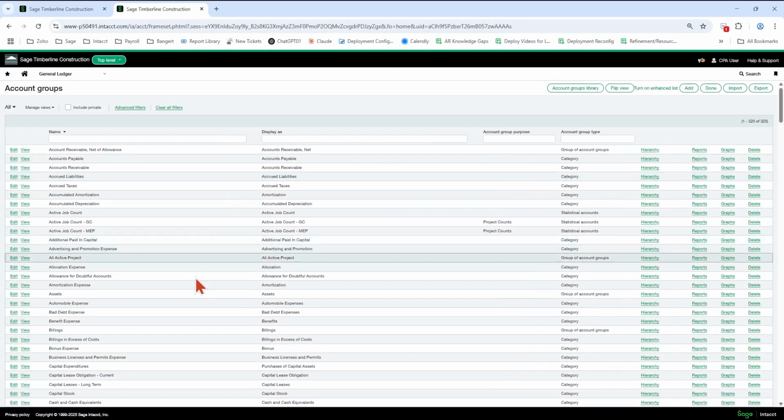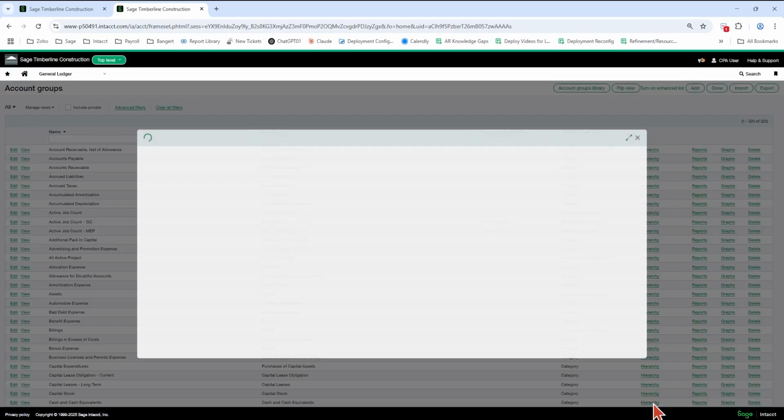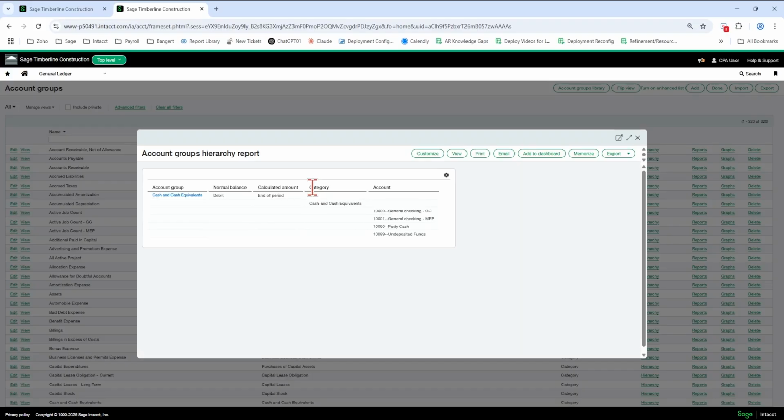Okay, so let's use cash and cash equivalents. So an account group is going to be used on your financial statements. So my cash and cash equivalents is going to show as a heading on my balance sheet, for example, and then I'm going to either expand or collapse on that balance sheet. If I expand, it's going to list then all these accounts and then have a total for cash and cash